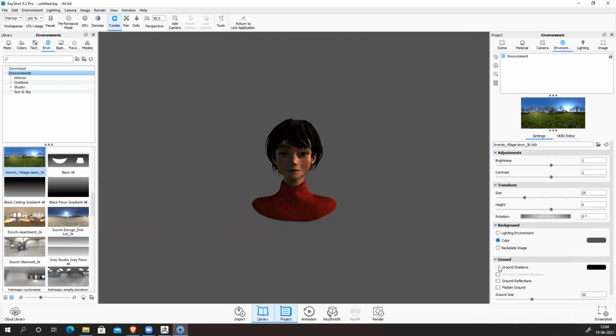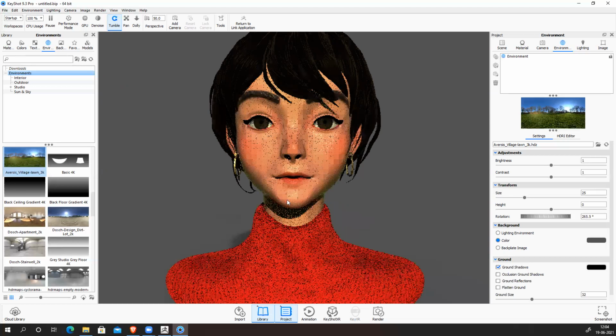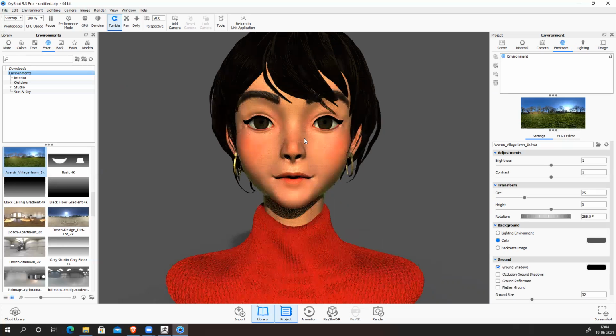Ground shadow is not required, so I can keep it or not. It's completely up to me. If I don't want it, I can rotate the light and manipulate everything, change everything, and get a very high quality render. You see all colors, everything is there, and it gives you better results. You can render out your high poly model directly in Keyshot, so you don't have to go to Max, Maya, V-Ray, anywhere. Just simply export and render. So you can do it very easily.